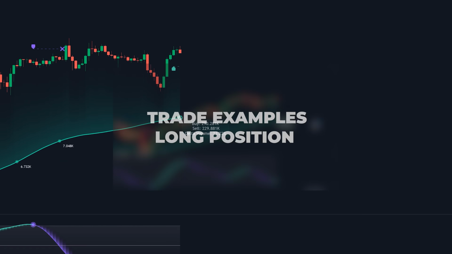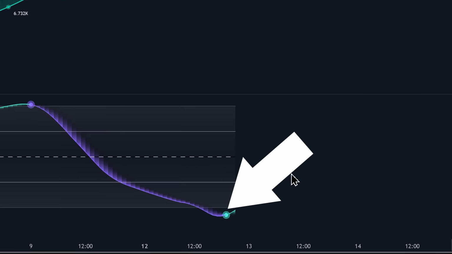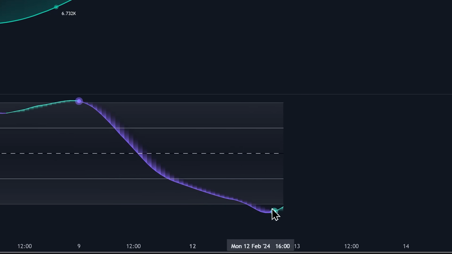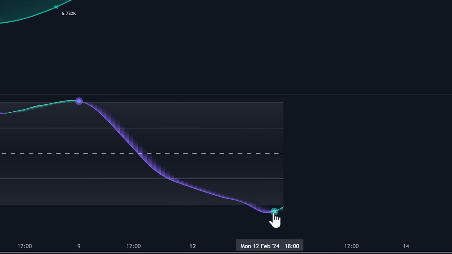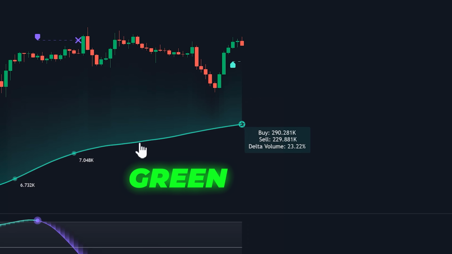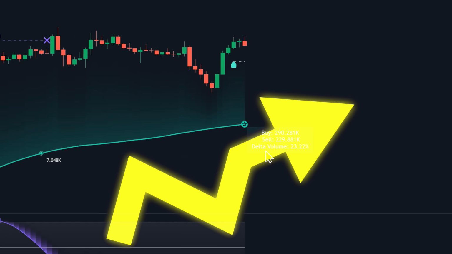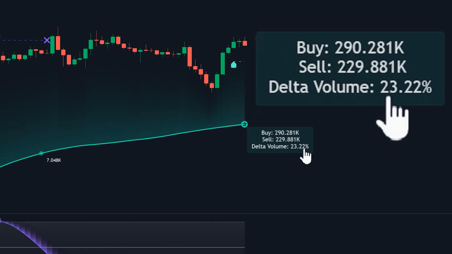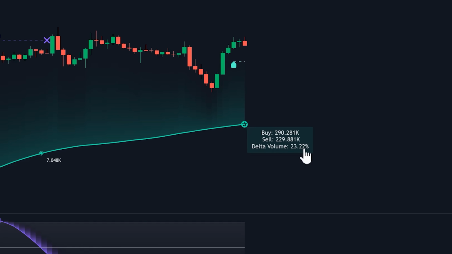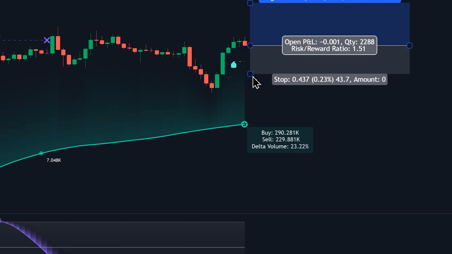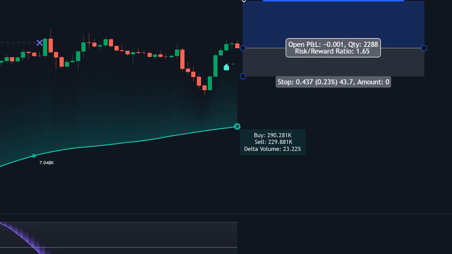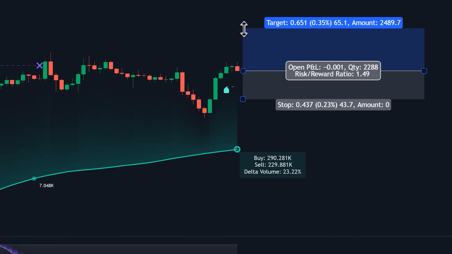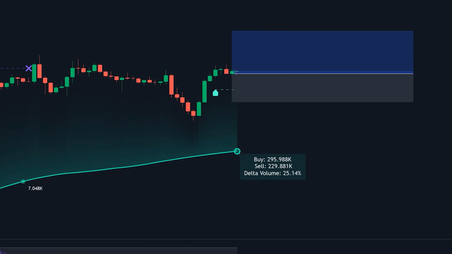Now, here was another long position. As you can see, we had a buy signal, and it was valid because it was printed under the 0.5 level, the dotted gray line. Looking at the VIDYA indicator, it was green, indicating a bullish trend. At the same time, the delta volume was above 20%, confirming that the trend was strong enough to push the price higher and higher. We take a long position, place our stop loss below the invalidation level, and you want to aim for a take profit of 1.5 times the risk, letting the trade run,